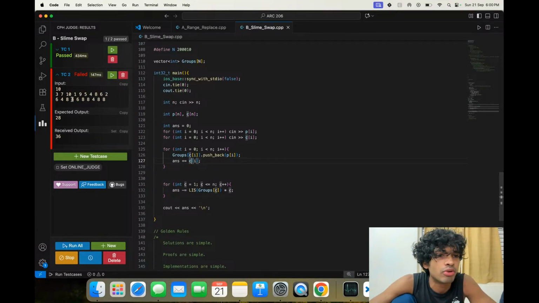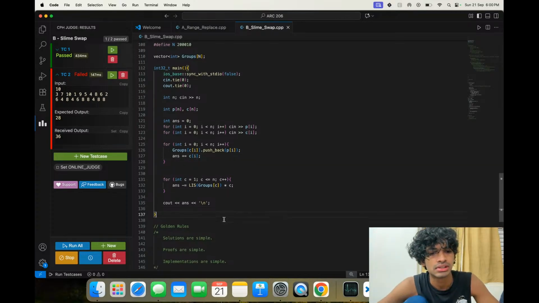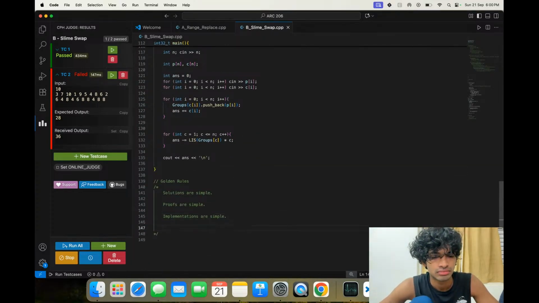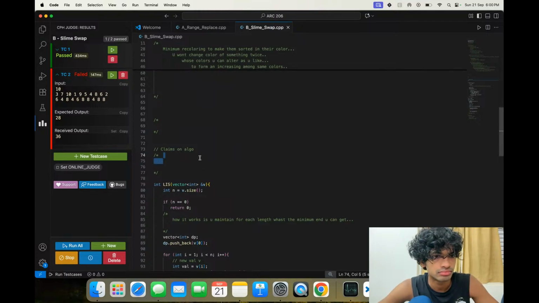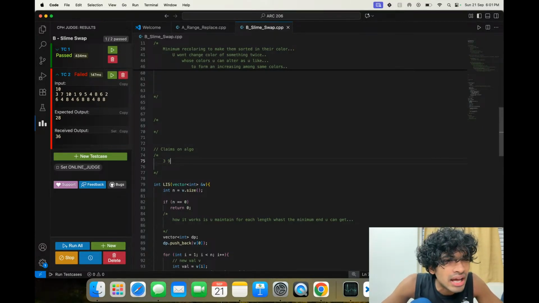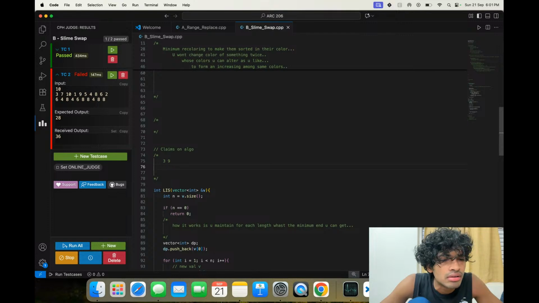Okay, for each color, what are the increasing sequences here? For 6, it is 3, 9. For 4, it is 7, 1, 8.